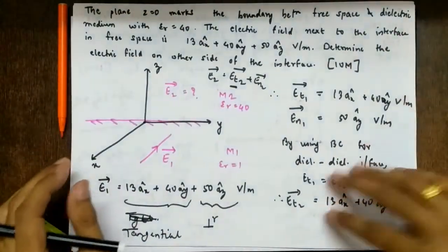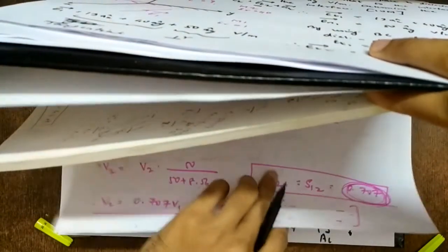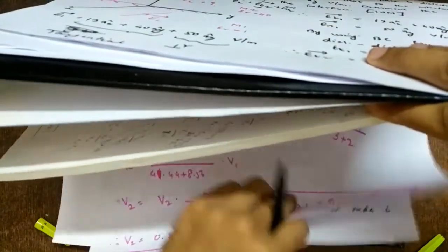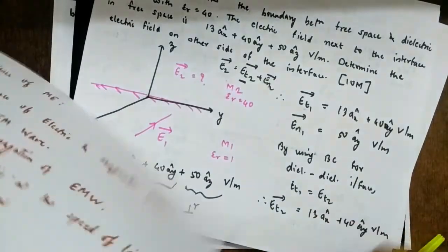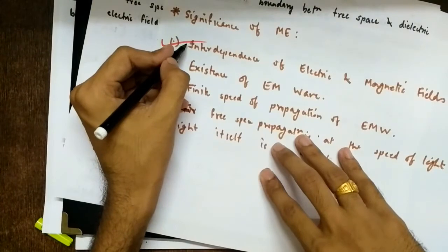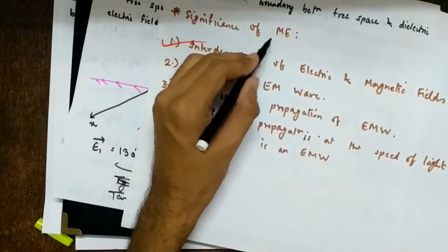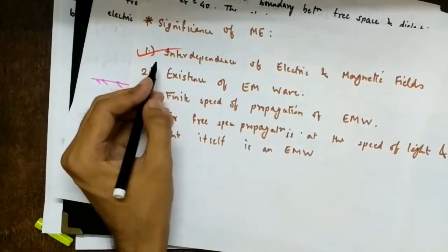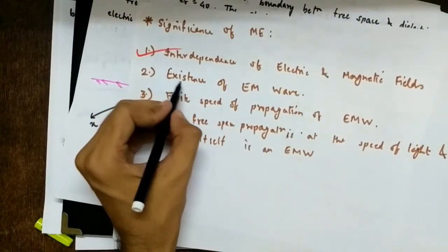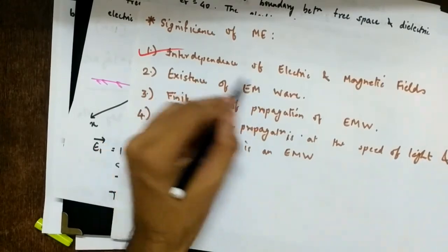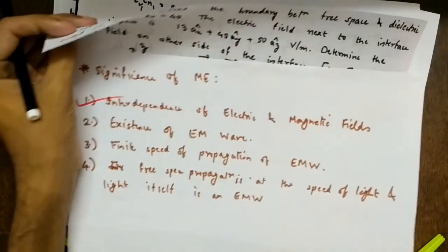So next mostly we'll start with wave equation, and then I'll prove in that lecture the point number 2. Is that page? Yeah, here only, right? So probably in the next lecture or next to next lecture, we have already proved interdependence of electric and magnetic fields concerning significance of Maxwell's equation. So further in the next lecture or the next lecture to that, I'll prove that existence of electromagnetic wave also we got from Maxwell's equations. Okay, so we'll meet in the next lecture.